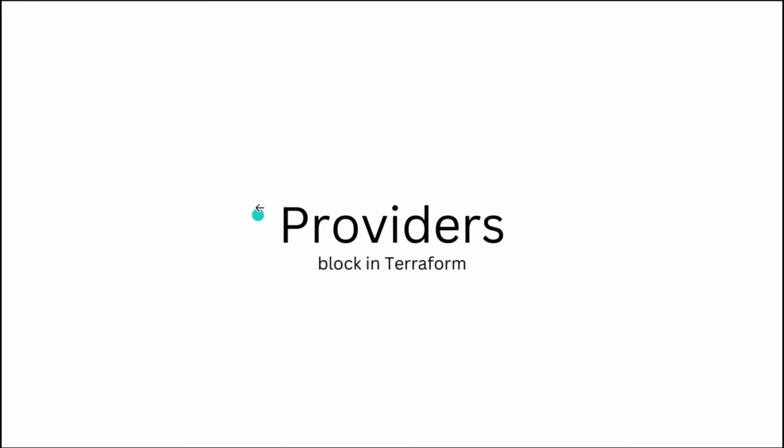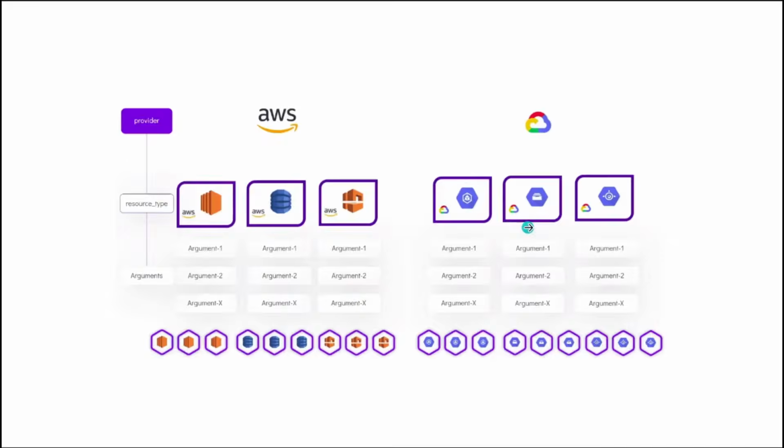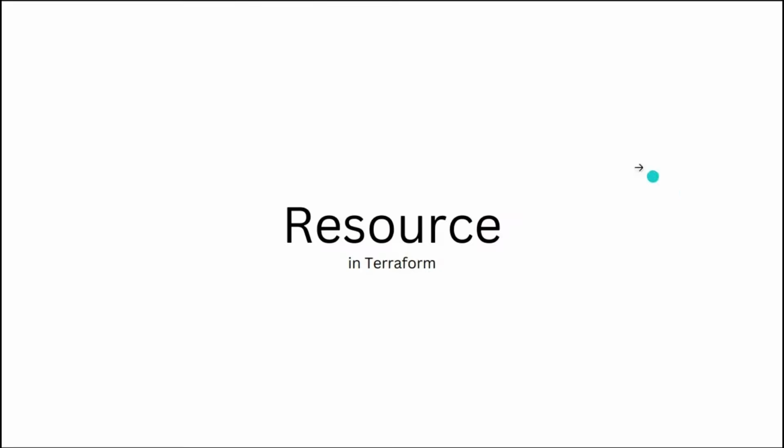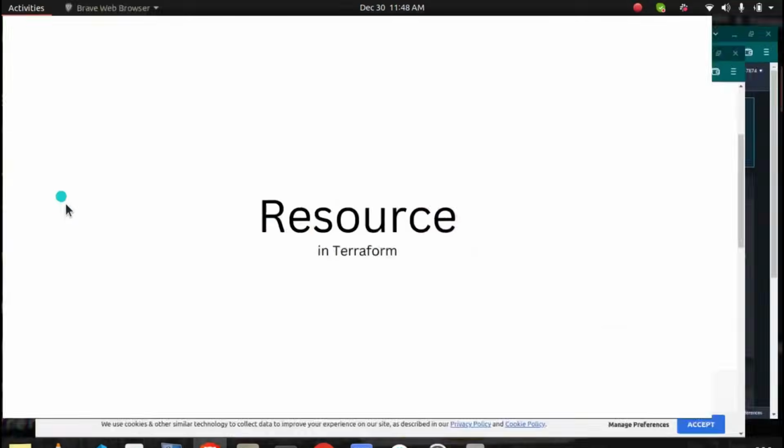And before, we have already seen what providers are. You can define what providers you want. If you're using AWS as a cloud, you have to define this as a provider, right? Same for GCP, Azure, or anything. Then, after you define providers, if you want to create anything, you will define that in the form of a resource. So for example, if I show you any code here,